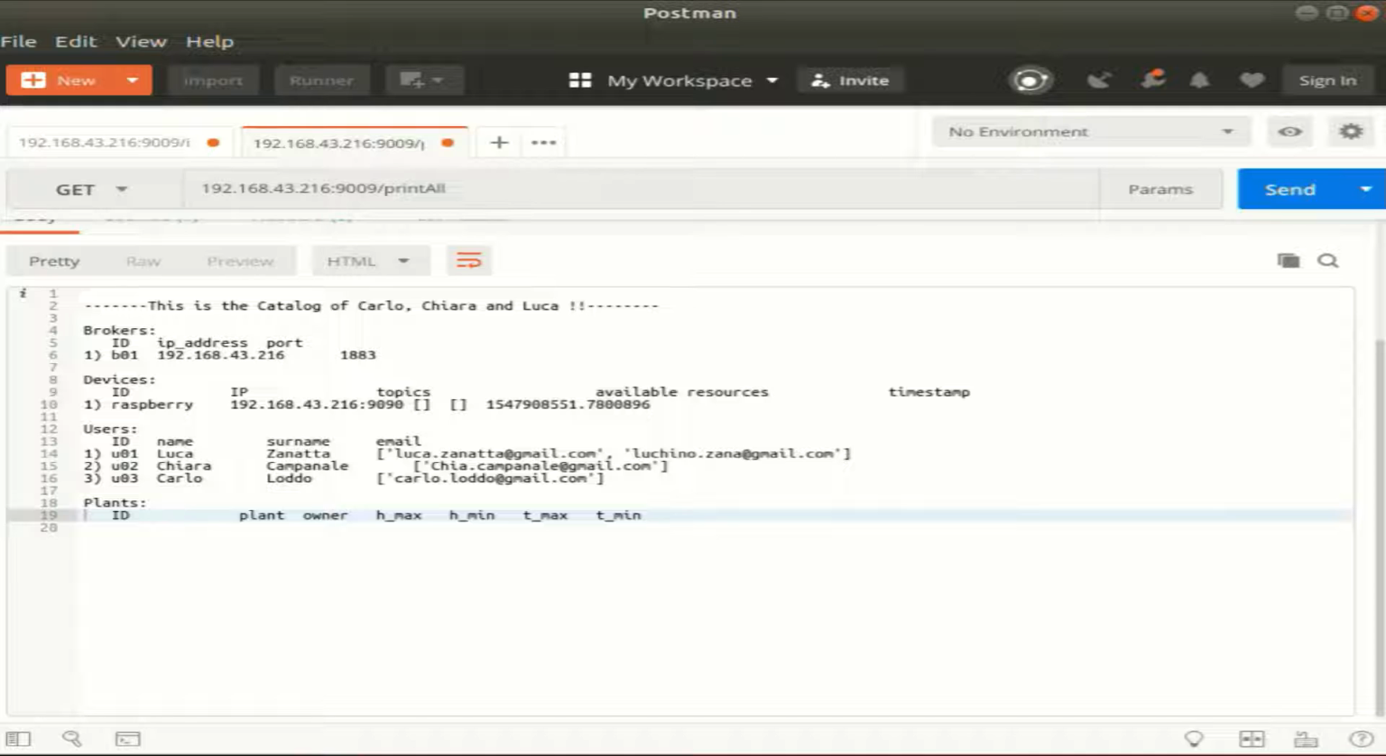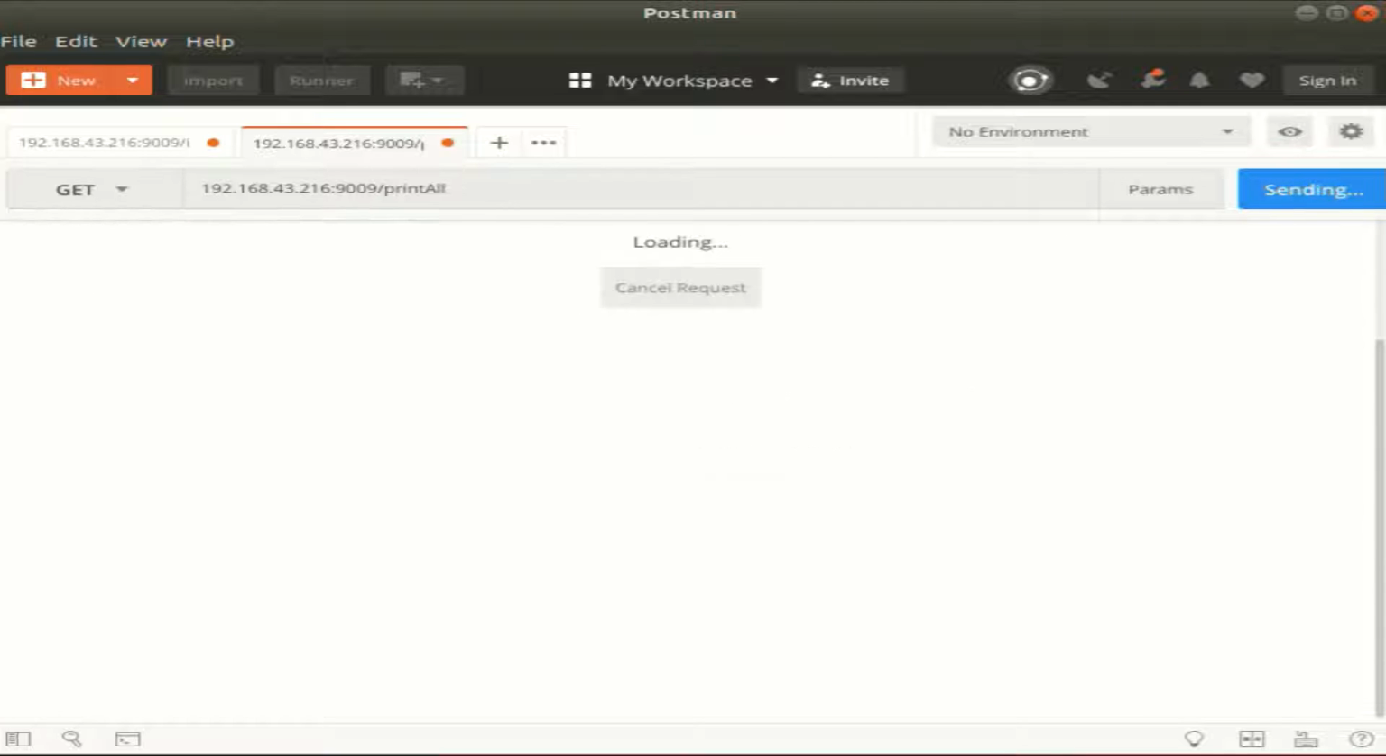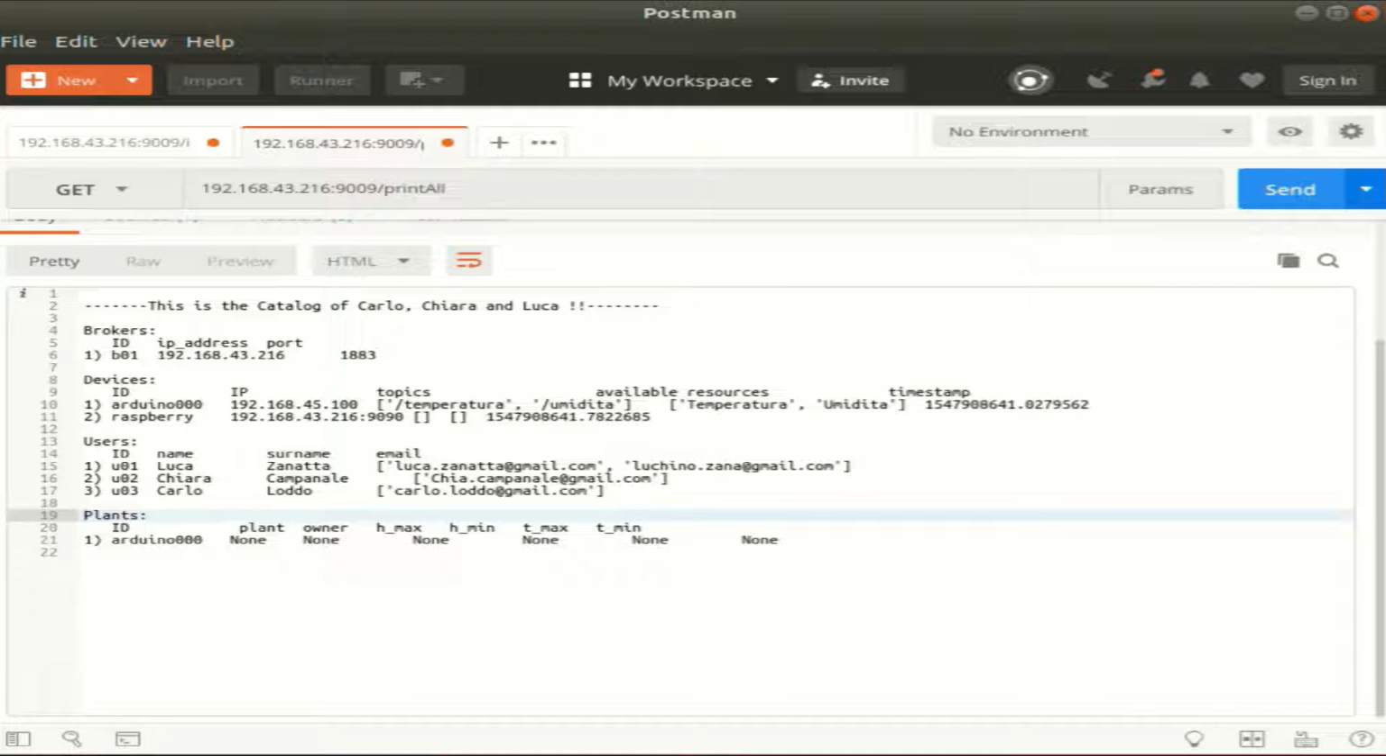When you turn on the Arduino, it automatically registers itself to the catalog through REST protocol. In this way, your plant is in the database. At the beginning, the catalog sets a unique ID and proper IP for the device. The device and the plant are two different objects linked together by a primary key. As we can see,